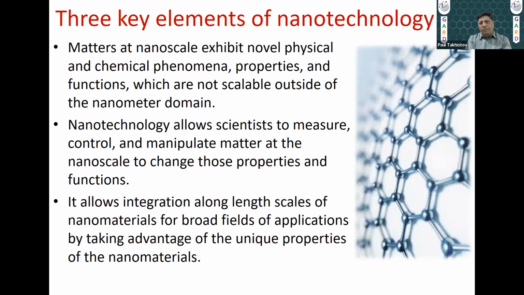And this unique domain is actually the interface between discrete materials, separate individual molecules, and the continuous phase. Therefore, manipulation of materials at the nanoscale will allow us to integrate along length scales and build up continuous materials with different scales, with different